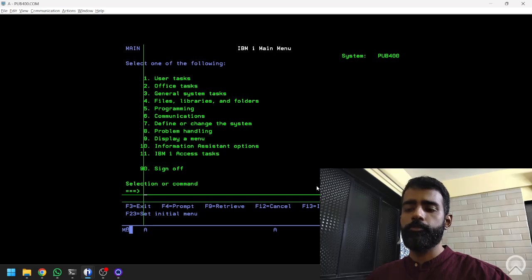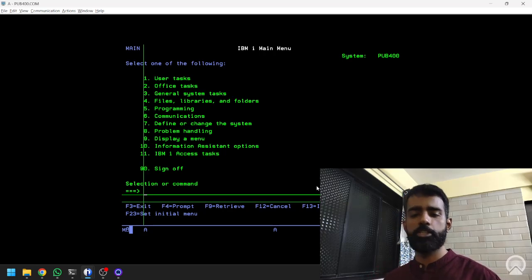Let us focus on the WRKJOB command. The WRKJOB allows us to work with job. There are various ways to access this command. One is direct. Last time we had seen work active job. Inside work active job, you can select a job, for example,